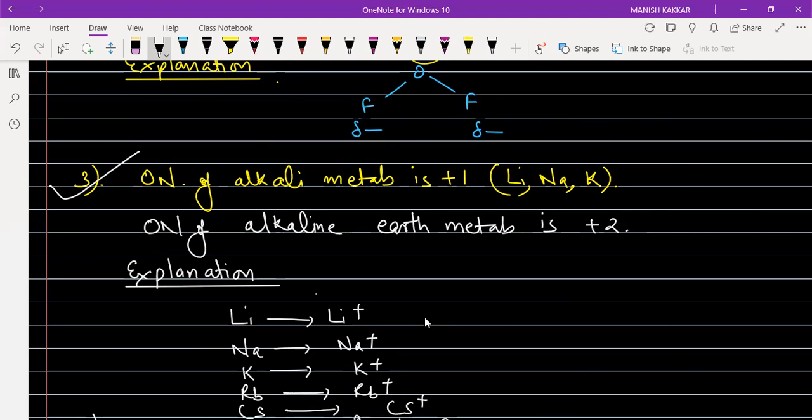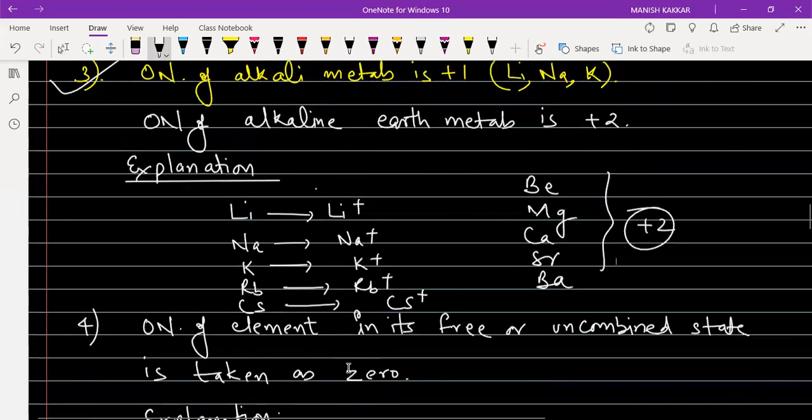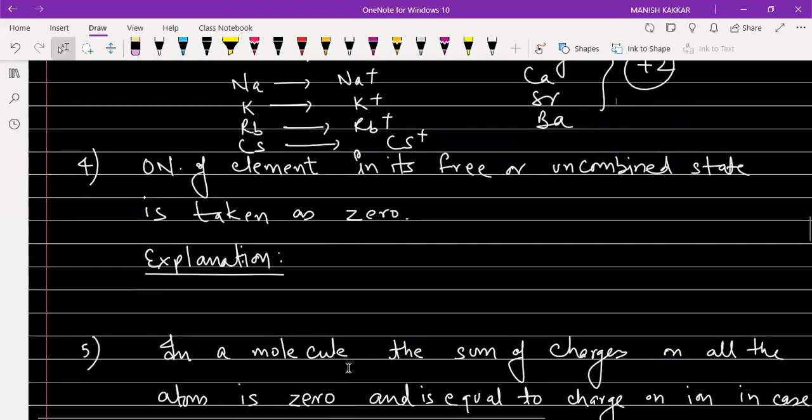Li+, ठीक है ना। इसी तरीके से एल्कलाइन अर्थ मेटल्स जितने भी हैं, चाहे वो बेरिलियम हो, मैग्नीशियम हो, कैल्शियम हो, स्ट्रोंशियम हो या बेरियम हो, दे ऑल आर प्रेजेंट इन +2 ऑक्सीडेशन स्टेट, ठीक है।